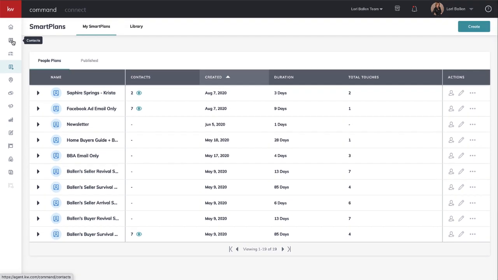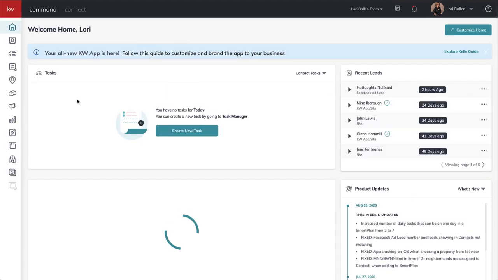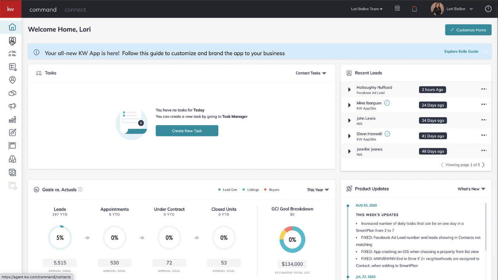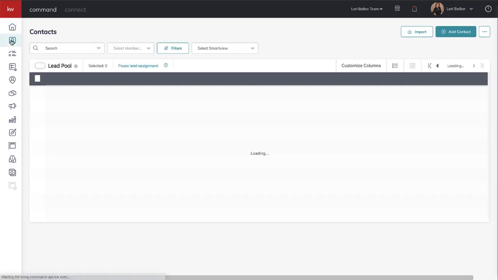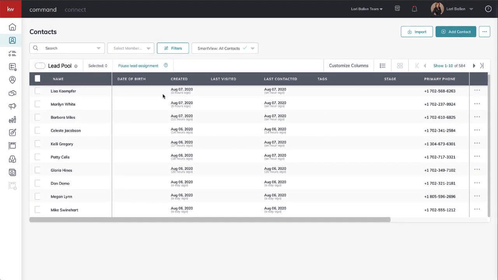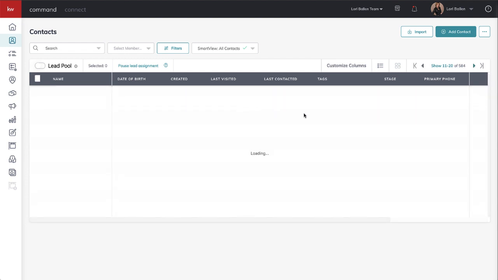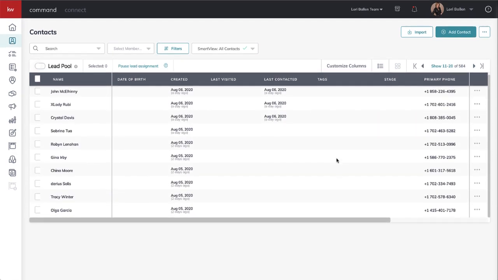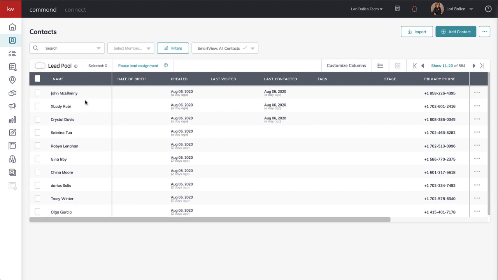Another way to do it would be to go to the home screen. Actually, we'll go to contacts. As your leads are coming in, they'll be marked Facebook ad. There'll be a tag there that says Facebook ads as they're coming in. There will also be a little L next to them. I've already sorted through all mine so you can't see it. But there will be a little L next to it when they come in that they're leads. So if you know that all of these last 10 that came in all say Facebook lead and they all came in at the same time, you know those are all from the one listing,